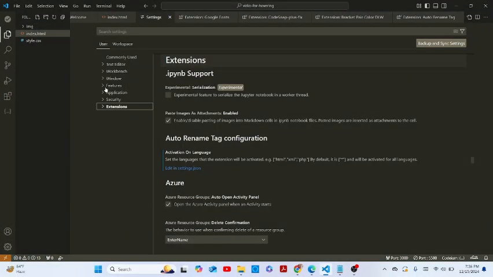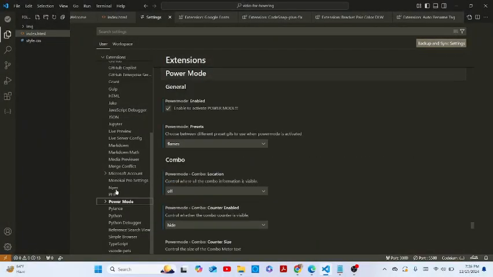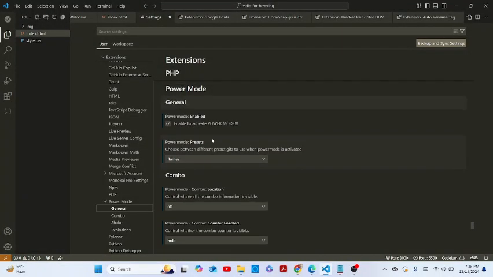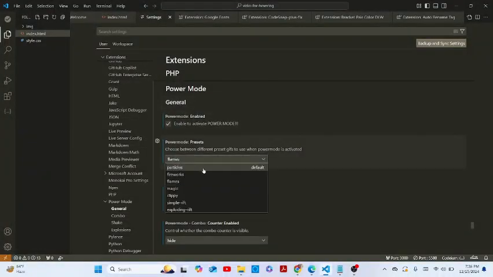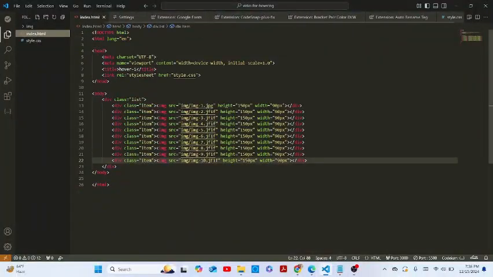You can find the extensions here, and from there you can find Power Mode. The Power Mode is here. So here will be our general settings. Right now this is enabled, and I will set it to particles. And now when I write,